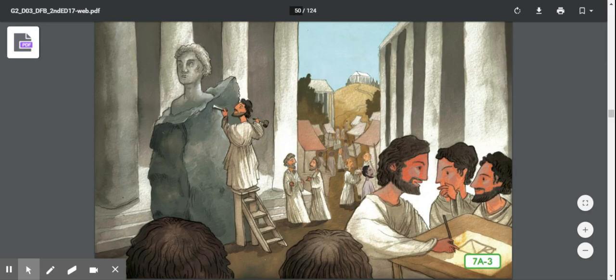At the same time that the arts were the glory of Athens, Athenian scientists were making discoveries that would become the basis for modern science. For example, one scientist you will learn about was a great observer whose ideas and classifications, or he broke things into groups, are still used today.